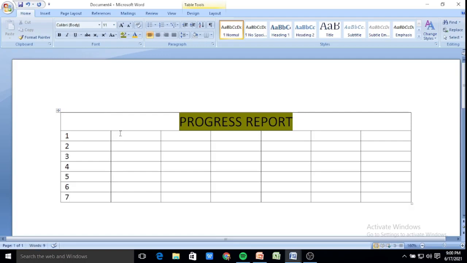Now come to the next cell, write here name, press the tab key, then write here the name of the subject. Now our subject is computer, so write here computer, press the tab key, then write English, press the tab key, Hindi, press the tab key, write here maths, very important subject it is.